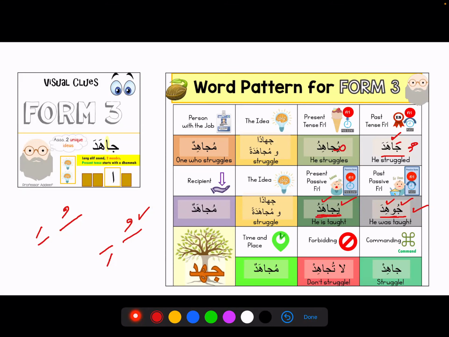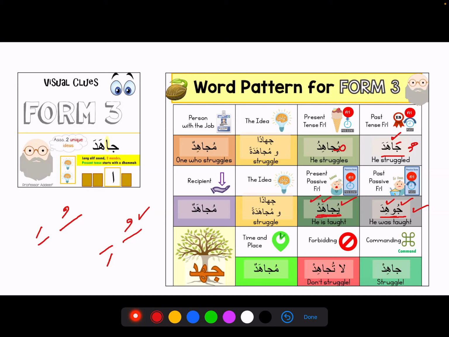What haraka will the other letters get? Other than the first and the last letter, we are not going to touch them. And the middle root letter, you're going to give a fatha. And if there are some extra ones, then they will get the madda, right? Yeah, right. So remember that we need to polish our passive voice as well, right?